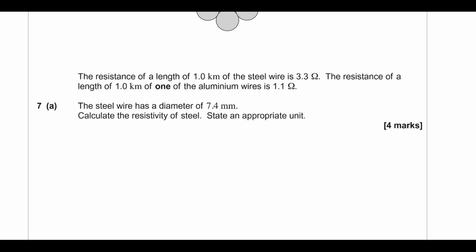So we're going to want our resistivity equation. Resistivity is resistance times A over L, which is resistance times pi D squared over 4L. So let's put those values in. So resistance of steel is 3.3 times pi times 7.4 times 10 to the minus 3 squared divided by 4 divided by 1000 because it's a kilometre,